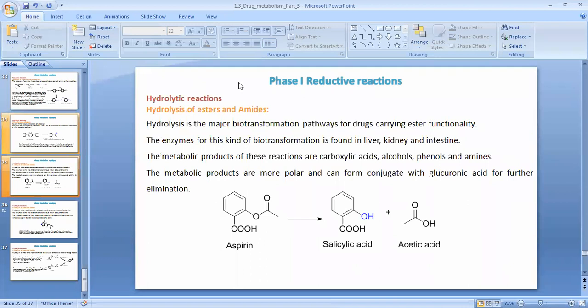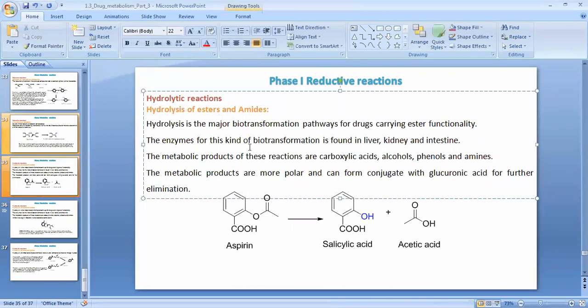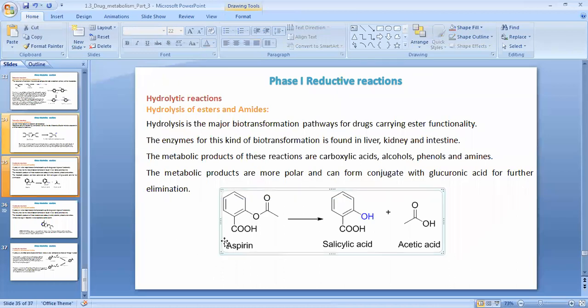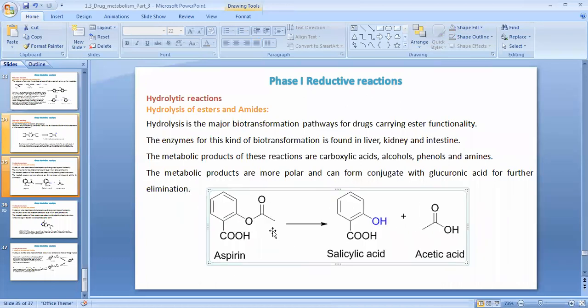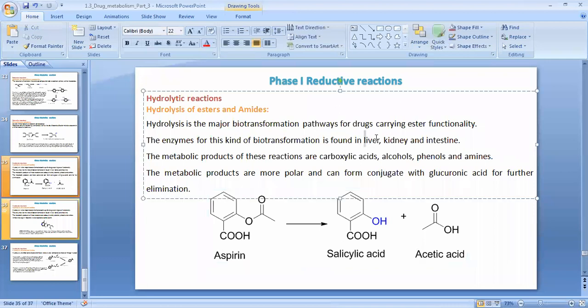Now, some types of hydrolytic reactions, that is hydrolysis of esters and amides. Hydrolysis is a major biotransformation pathway of drugs containing an ester functional group. Some drug molecules present the ester functional group. For example, our aspirin molecule has the presence of an ester functional group. Now, what happens? This ester functional group is hydrolyzed, and this type of hydrolysis is done in the liver, kidney,